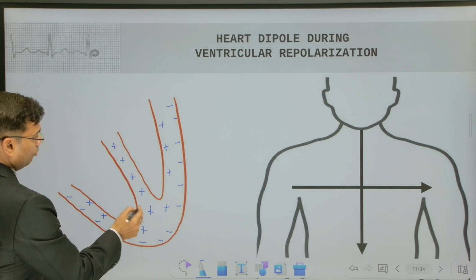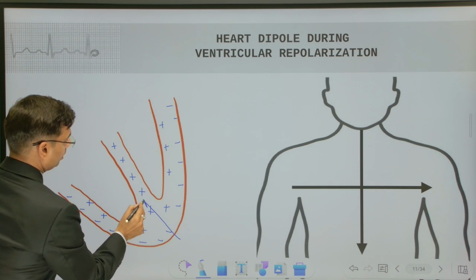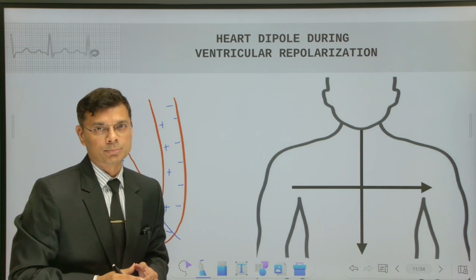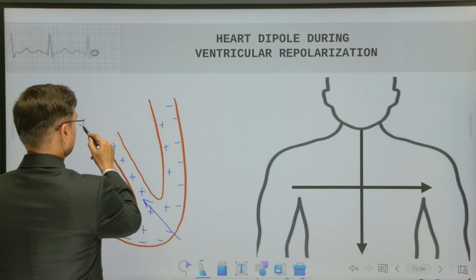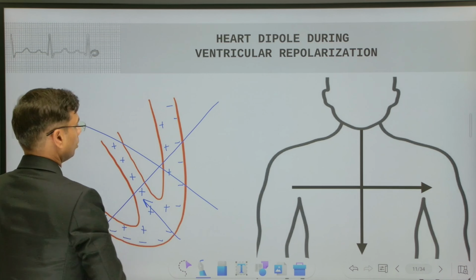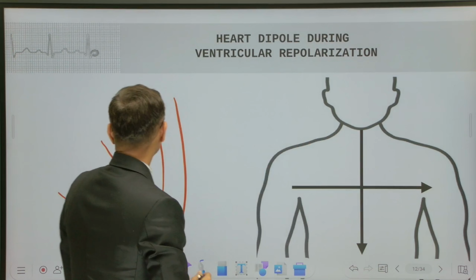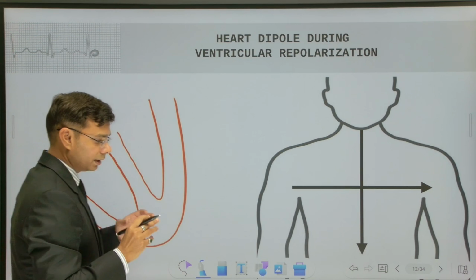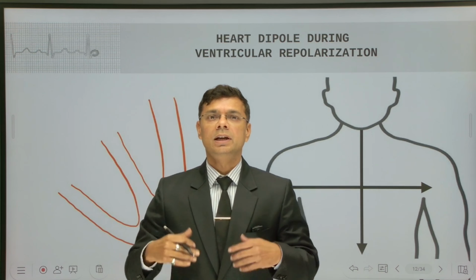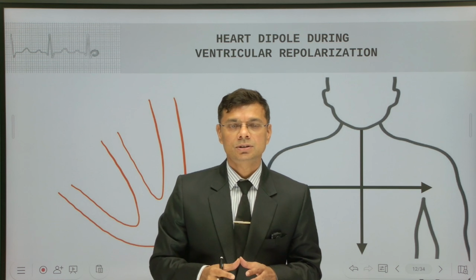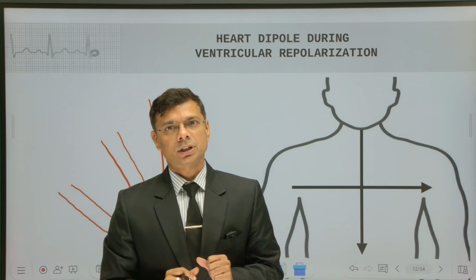So the vector should be in this direction, but this is not actually happening. This is not right. What is actually happening is this: the cells who depolarize later will repolarize first,